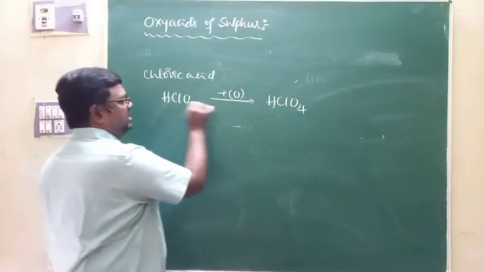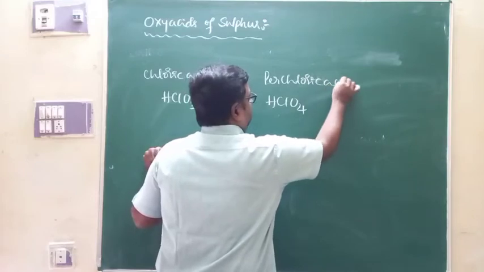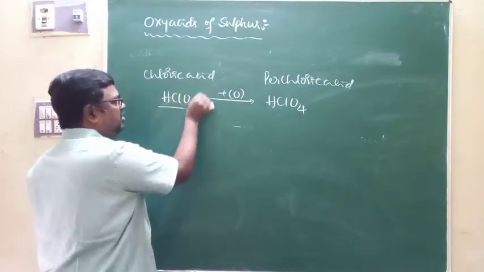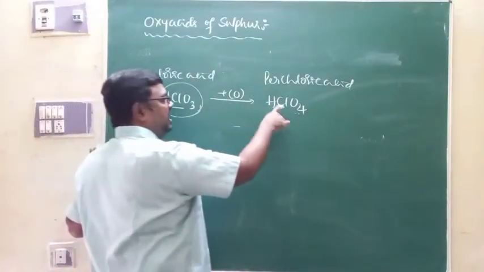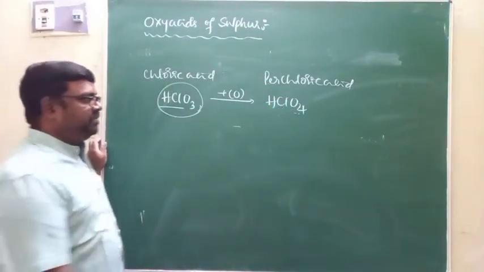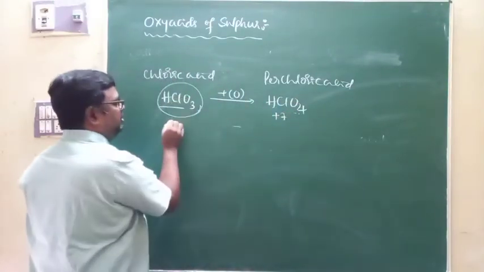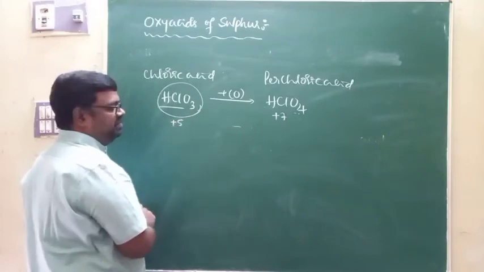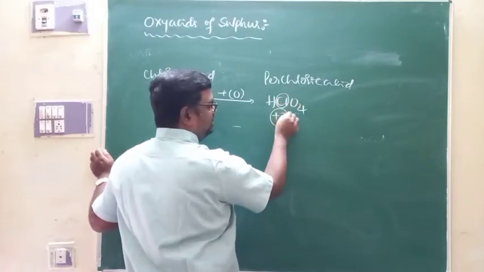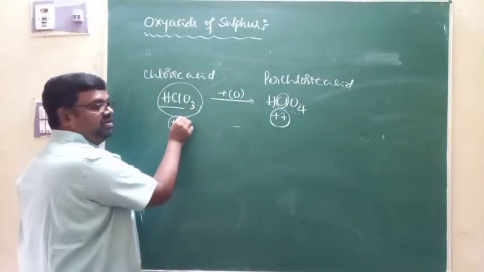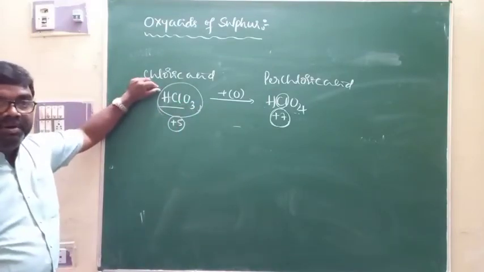And this is chloric acid and it will be perchloric acid. ಗೊತ್ತಾಯ್ತು ಅನ್ಕೋತೀನಿ. This is chloric acid HClO3. Add one oxygen atom to it and you are going to get perchloric acid. In the case of perchloric acid the oxidation number of chlorine is +7. In the case of chloric acid the oxidation number is +5. Means in perchloric acid the oxidation number of the central atom is greater than the oxidation number of the central atom of the corresponding IC acid. Then we use the term per.